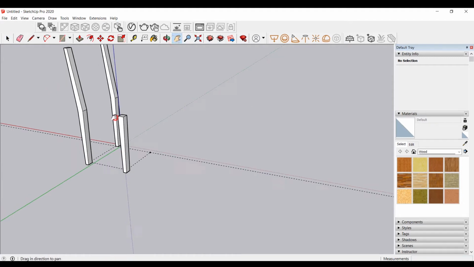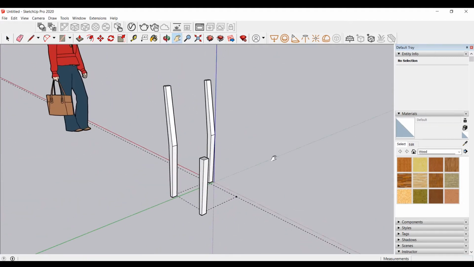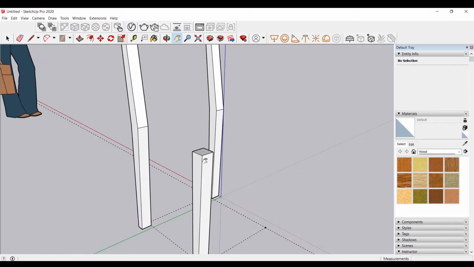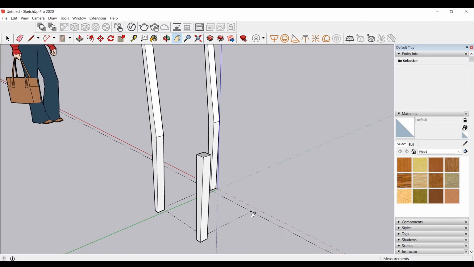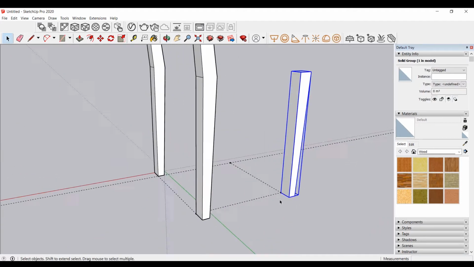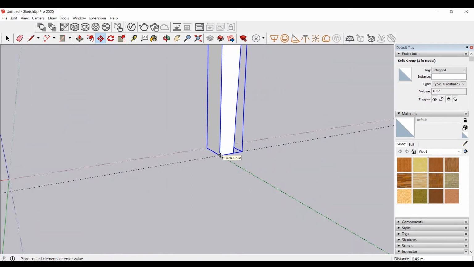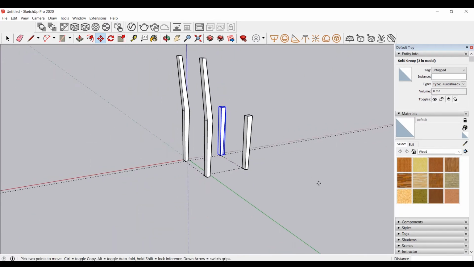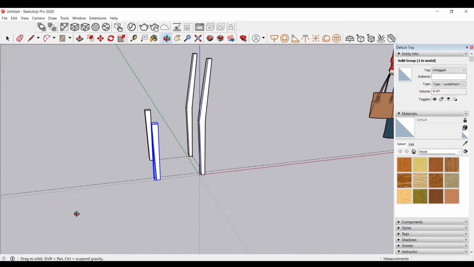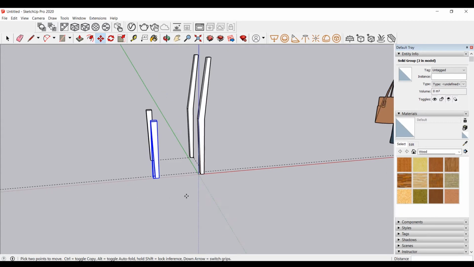Alright, and now what we're going to do, we're going to copy this to the other side. So select this one, then we're going to hold it right here so that we can place it right over there. Okay, use the move tool, Control click, then drag and make sure you go to that guide point, and there you go. You have created the 4 feet of your